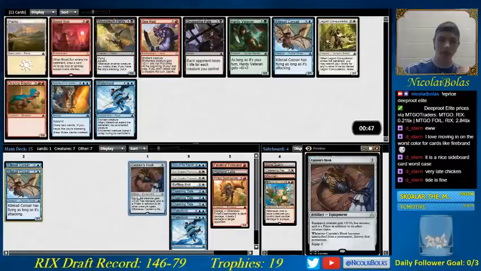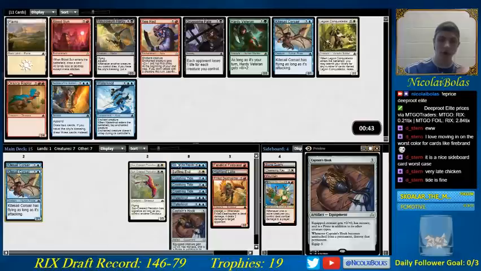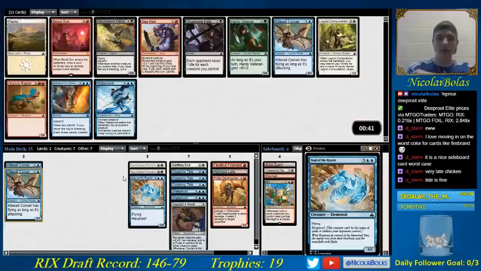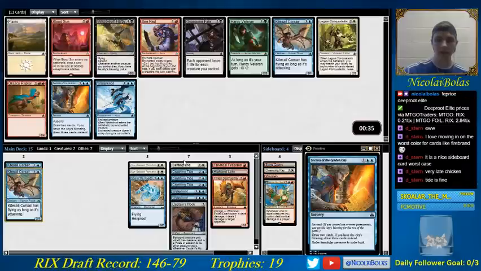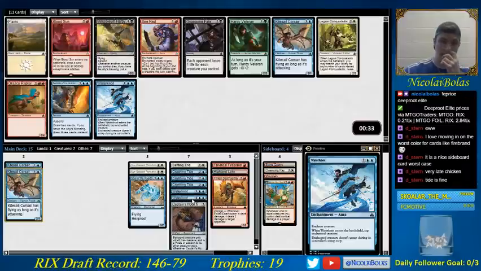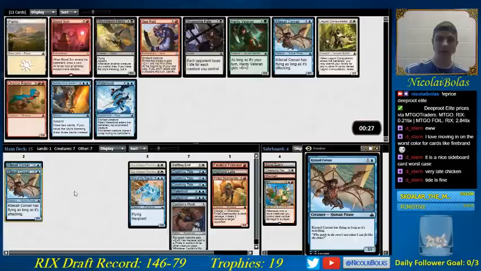So there is a Water Knot, but there's also another Kitesail Corsair, and then there's a Legion Conquistador. The first one I've seen, and then there's the Secrets. I don't think I want a non-creature spell because I already have 7 interactive spells. Or this isn't really interactive, but I have 7 non-creatures. I just need to start getting more creatures to